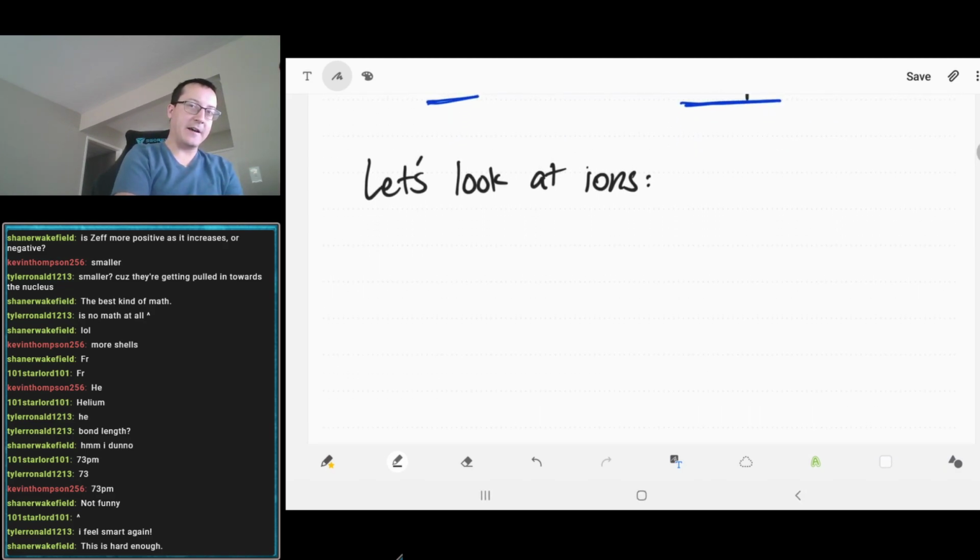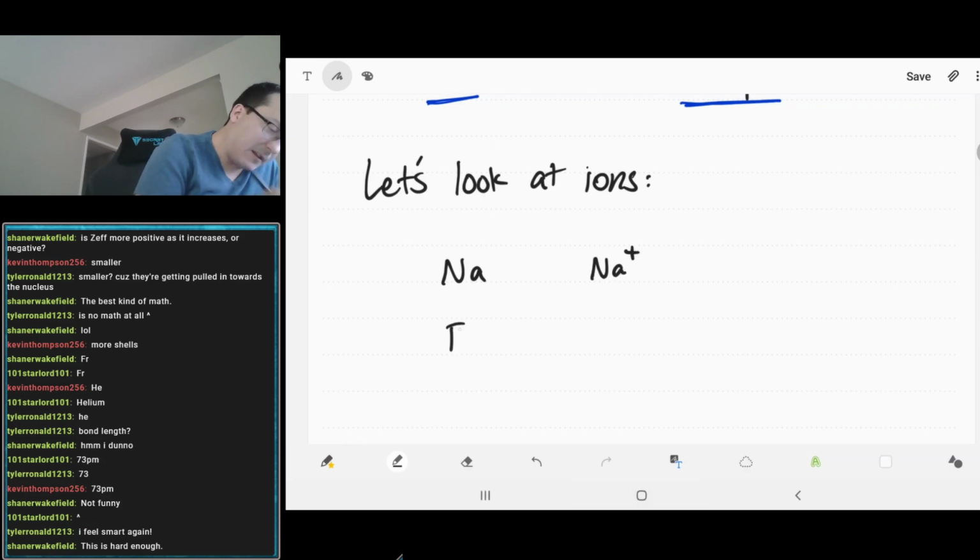Let's look at ions. I wonder if I have a table of that. Ionic radius. Oh, thank God, there is one. Okay. Hooray! So, let's look at two particular elements and let's see what is happening here. So sodium's atomic radius was, I just had it. What was it, 154? Yeah, I think it was 154. Sodium ion's atomic radius is